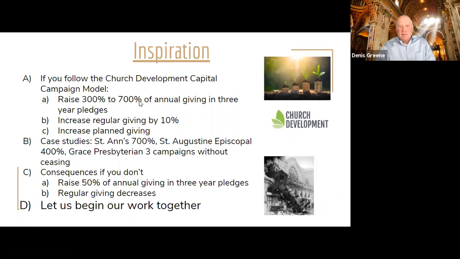Matter of fact, one of our best references said, and I quote, "We might do this again next year, whether we need the money or not." I said, well, that's a nice testimony. So you will probably raise 3 to 7 times annual giving. Your annual giving will probably go up. You'll probably have a bunch of planned gifts. I say that because I can't tell you exactly, but it happens to everybody else that we work with. Item B there, you see, here are some examples of recent campaigns that went well. And in particular, this past year, 2020, even though it's been horrid with COVID, our leadership gifts have just been astronomical.